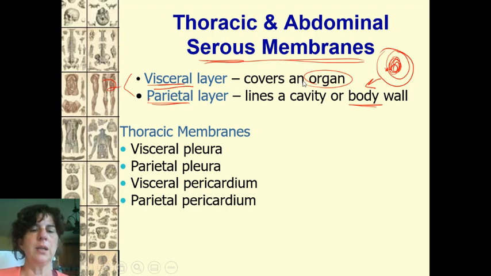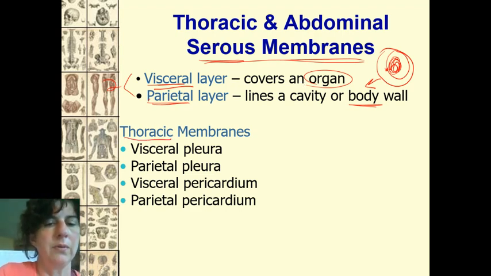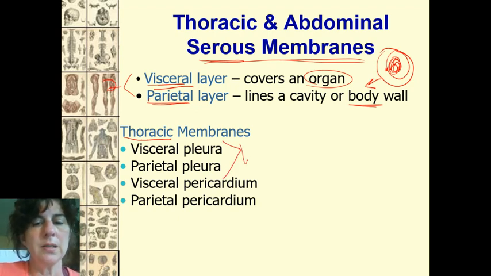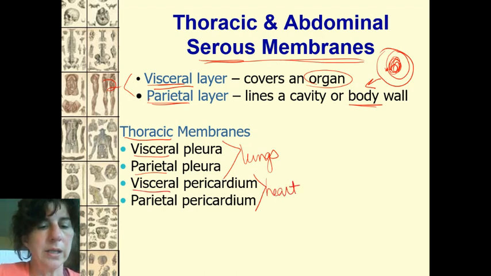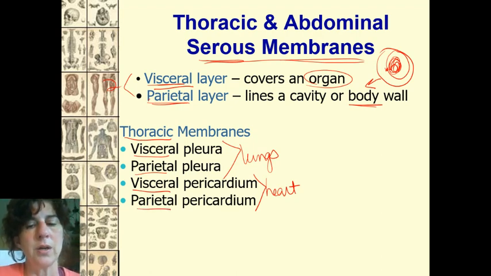All right, so in the thoracic cavity, we're going to have the pleura, which are around the lungs. I have the visceral pleura, which are going to be directly around the lungs, and then I have the parietal that lays on the outside of that. Then you have the pericardium, which I was attempting to draw up there. That's around the heart. I have the visceral that's directly laying on the heart, and then the parietal that is the separation from that.